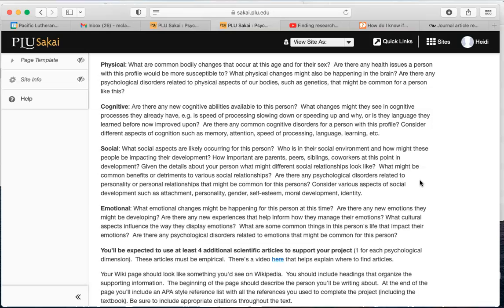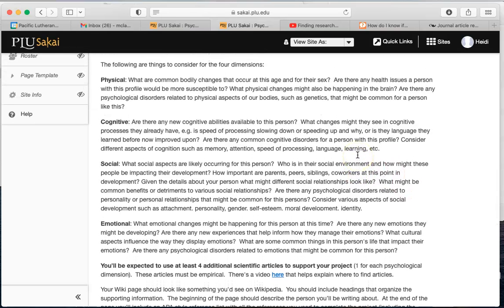And so if there are psychological issues that a person of this background might be experiencing, what might those be? But you can also just look at emotionally what's happening. Are people who are 76 generally happy? Or, if they've been a cranky person their whole life, are they still a cranky person or more cranky or less cranky? So explore these different things, and your textbook will be, I suspect, your primary source of information,